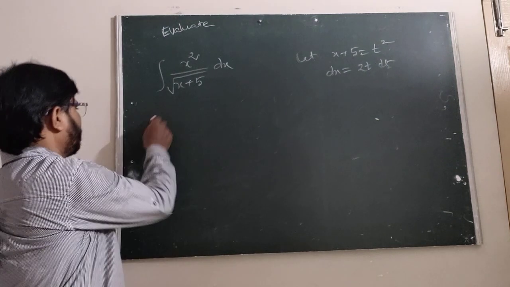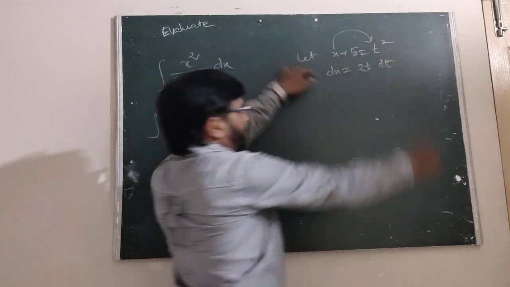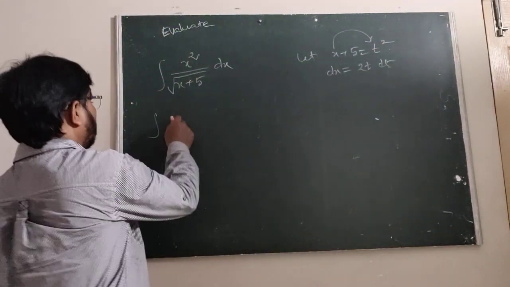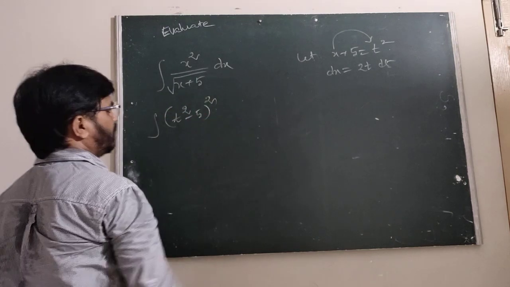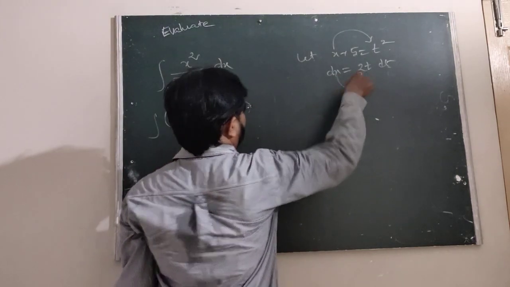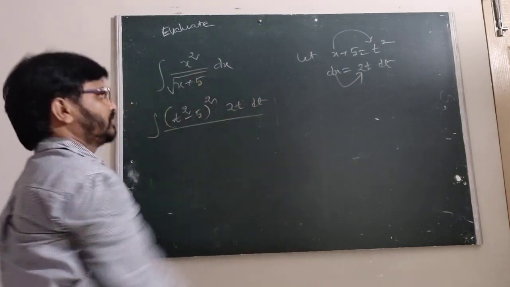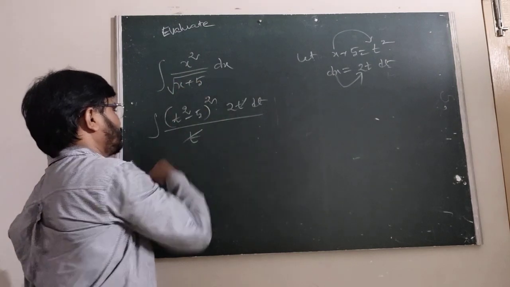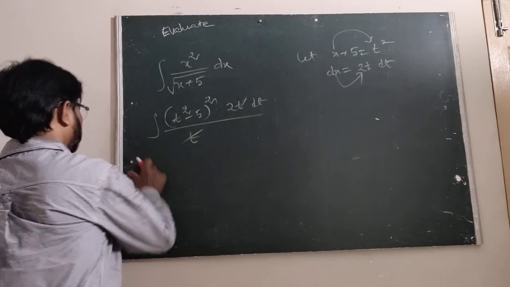Therefore, now we are looking at what x is. The x can be written as t square minus 5. So x squared is (t square minus 5) whole square. But the dx can be written as 2t into dt. Now t square, the square and the root cancel. Now these two are cancelled. Now we are getting 2 into